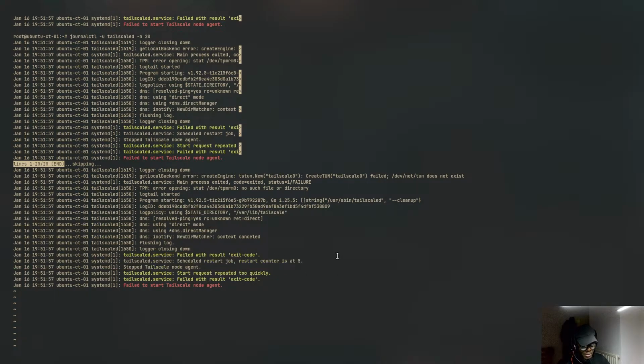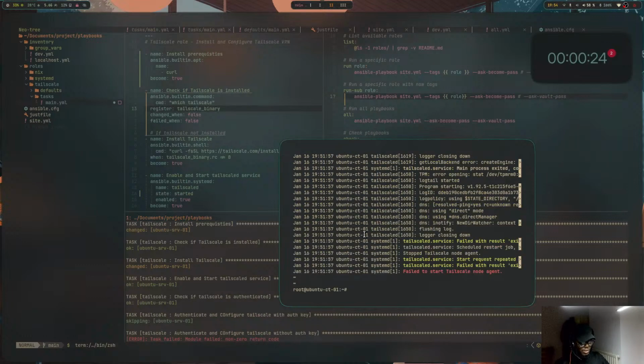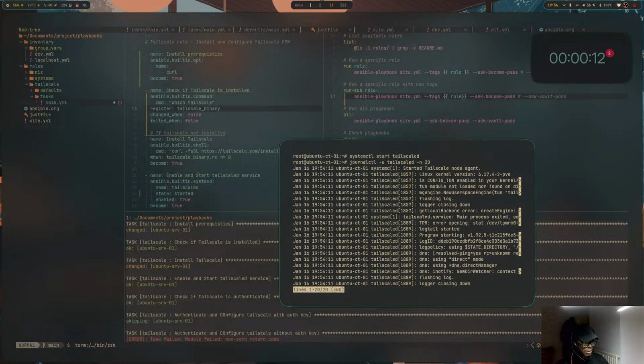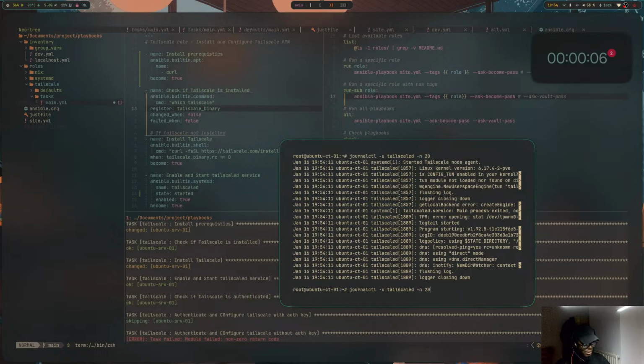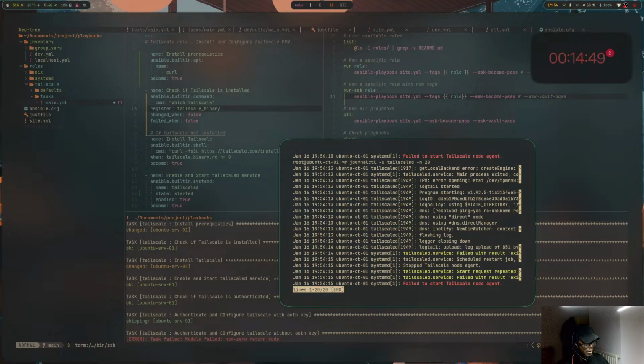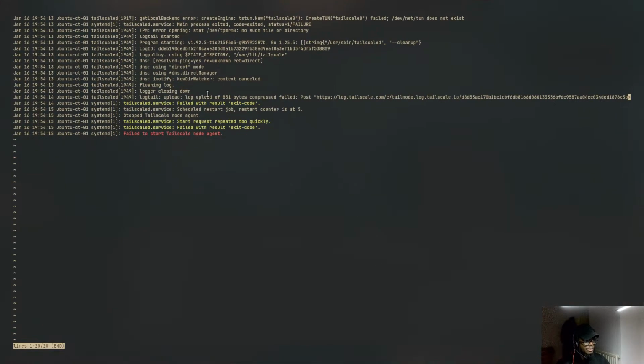Failed to start Tailscale. I don't know why, but if we do a systemctl start tailscale, now if we check, it's working now, unless it fails again. But if we do a systemctl status tailscale, and now it's saying failed to start Tailscale. No, I don't know why, but there's a problem with